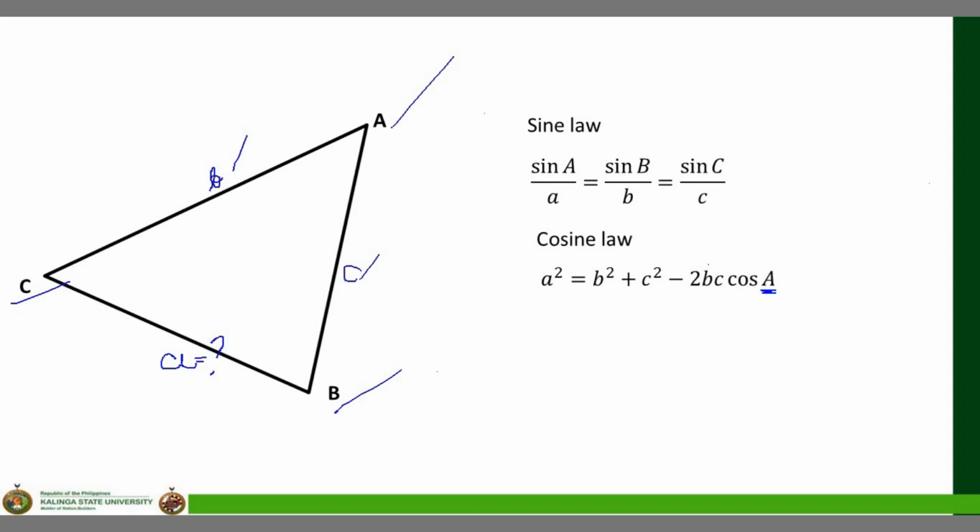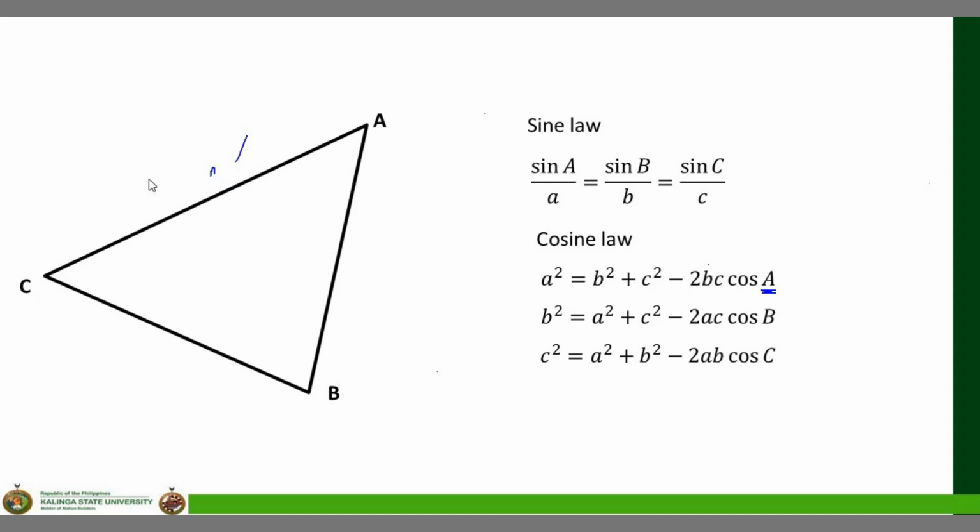Okay. Another case you studied: what if the unknown is not A, but B? If B is unknown, B squared is equal to A squared plus C squared minus 2AC cosine of B. If C is unknown, C squared is equal to A squared plus B squared minus 2AB cosine of C. Okay? So these two laws, sine law and cosine law,